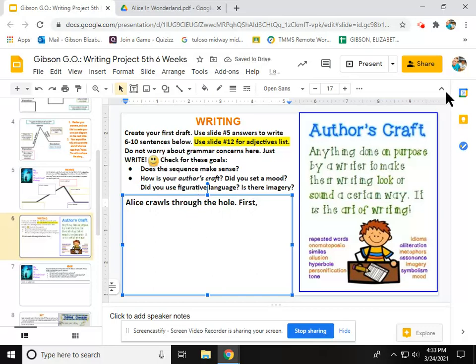And read this advice. Look at what author's craft means. Be this kind of writer. Use repeated words and onomatopoeia. Put some hyperbole, definitely, if this is a creative, fun one. Personification, idioms. Go through that and make this part very exciting. Answer these questions. Then on number 7, and this is very important, a lot of your writing is right here